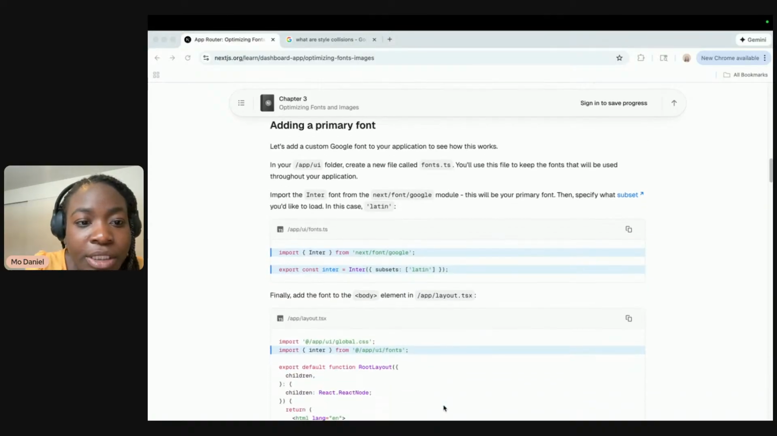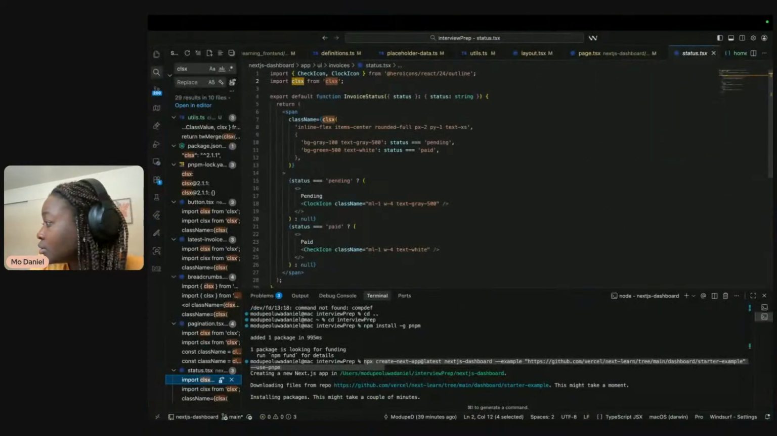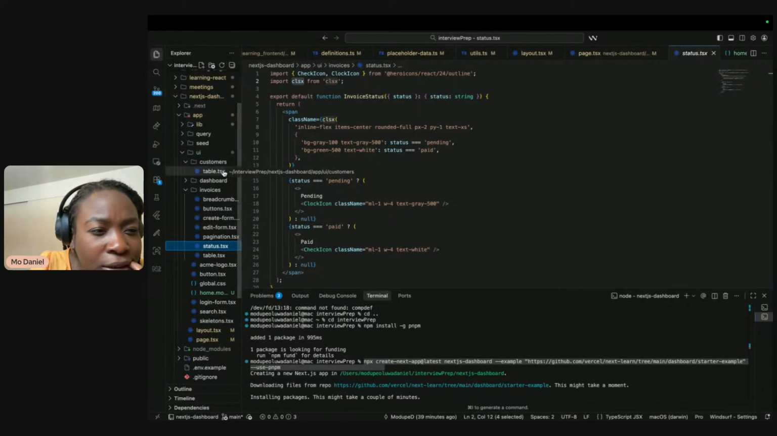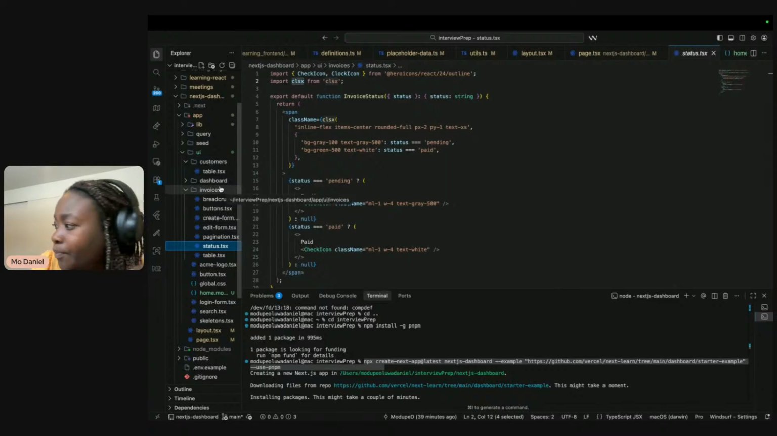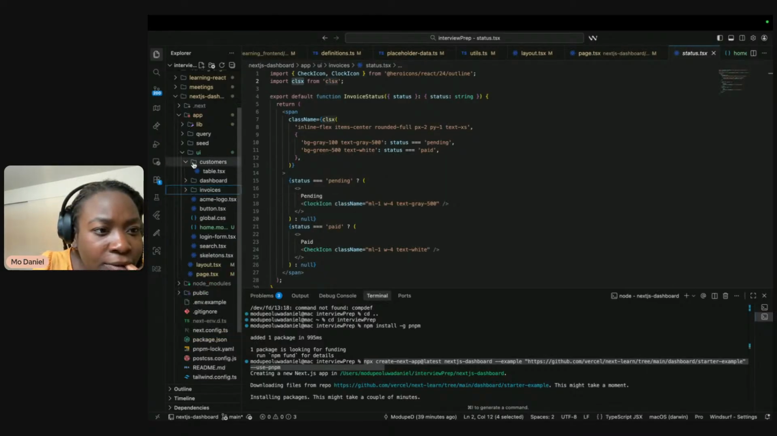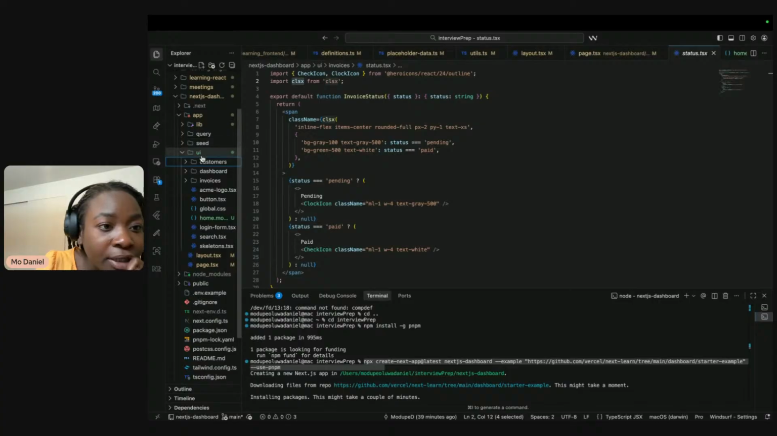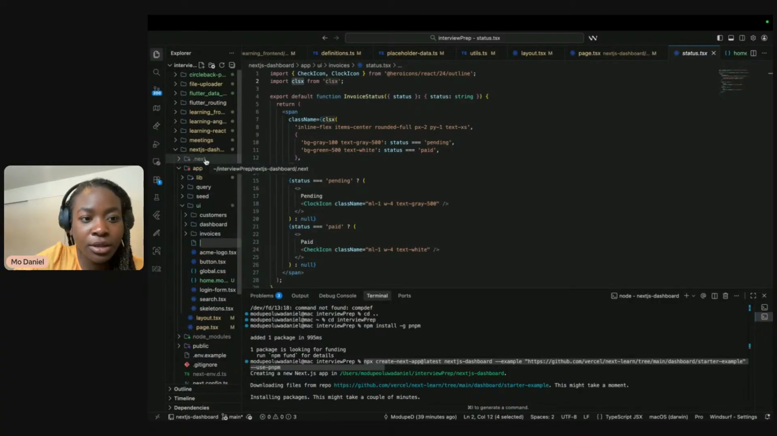Let's say I want to use Inter. So we're just going to go into our fonts file. So let's go back over here, and that's under the UI. Let's close all this first of all. Actually, we're the ones that are going to create that. So let's have a new file. Let's call the file